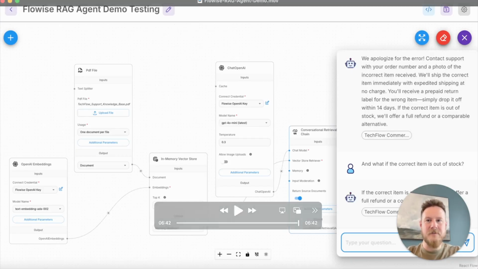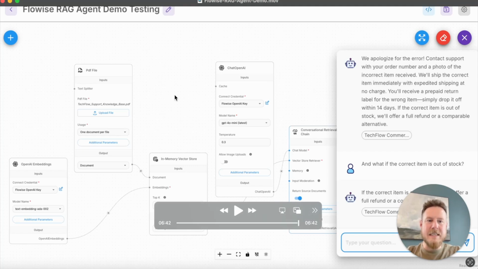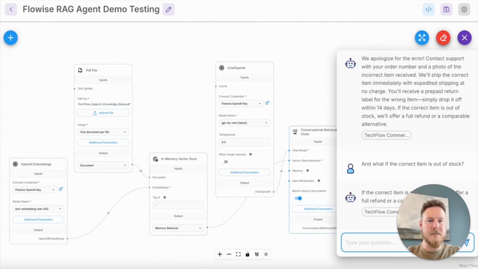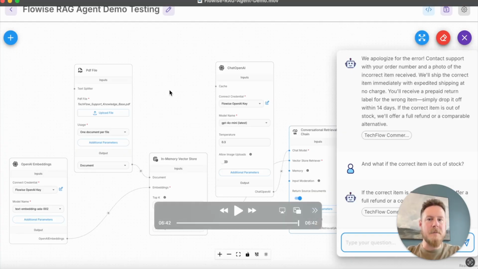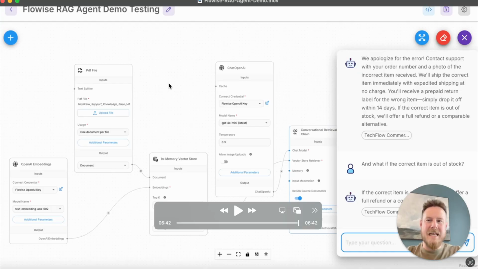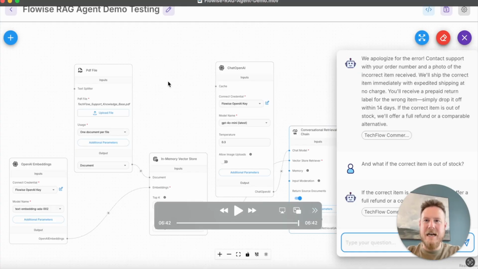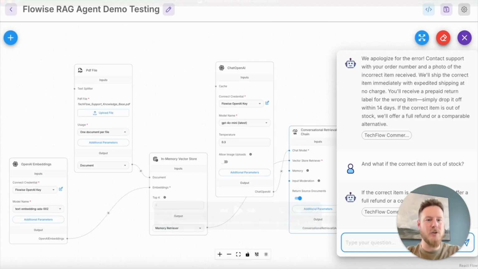We actually went from concept to something that works. This could be deployed. Obviously, this is only a 10-page PDF, but if this were a 100-page document with all of the comprehensive customer support policies or common service handlings, this could actually be a very useful chatbot. It's already helped us answer our questions we have about getting our refund at this fictional e-commerce company, and it's also shown us how we can easily implement an actual working agent architecture using Flowise.